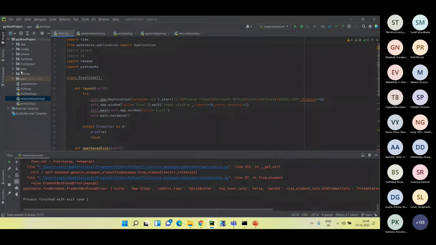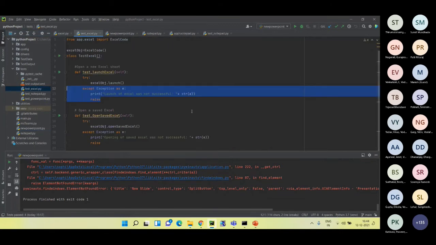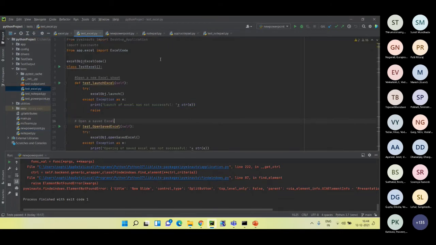Now in a test file, on the left side, you can see there is a test Excel that I have defined. In this, I'm calling this particular class and creating the object of it. From app.excel, I'm importing Excel code.